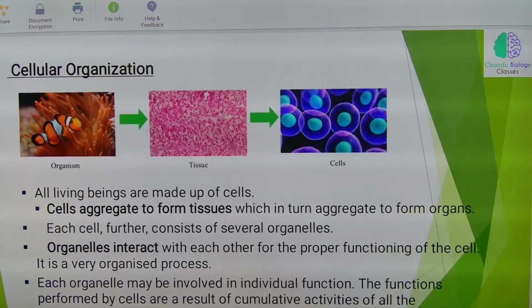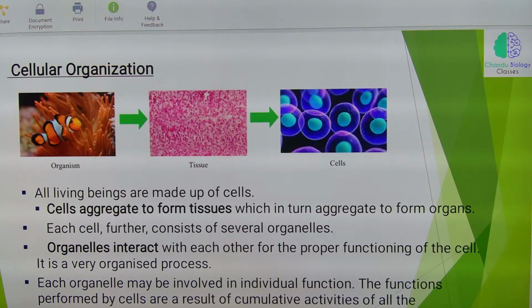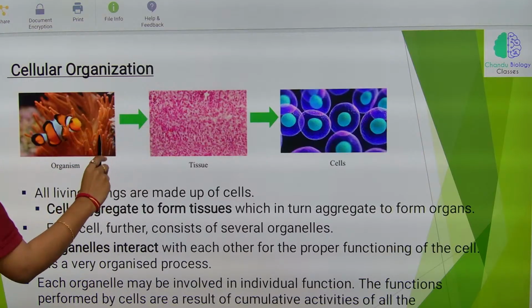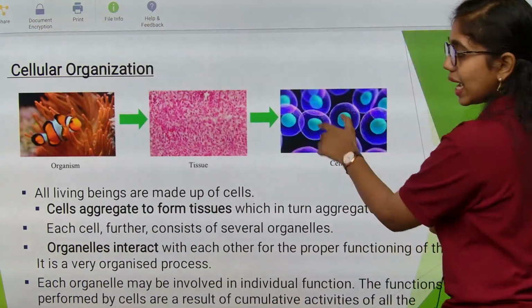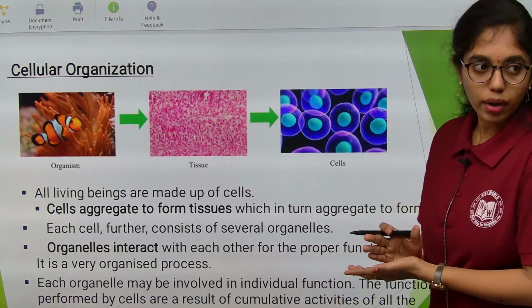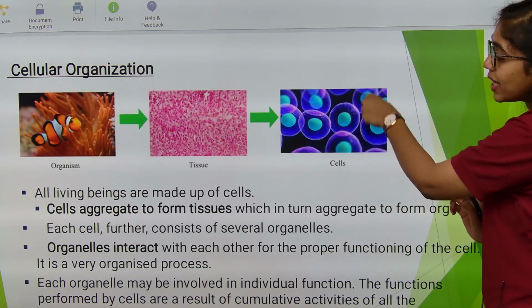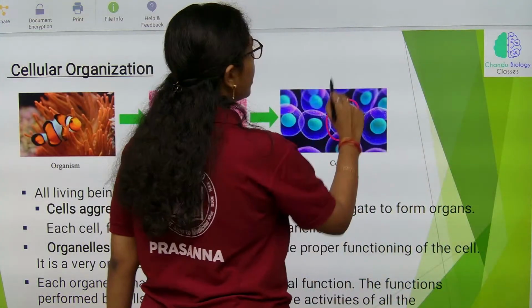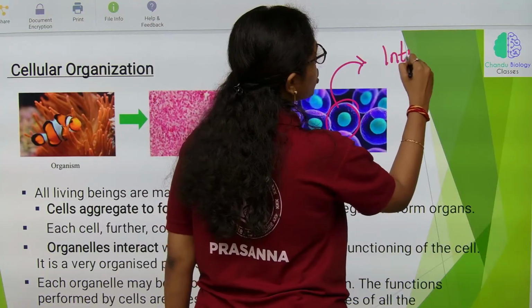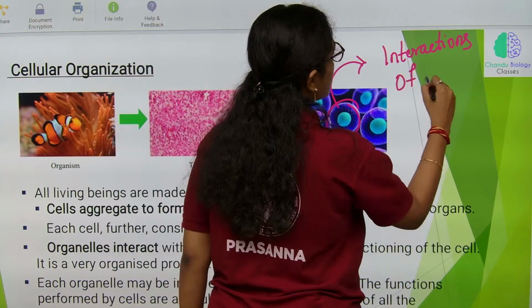Now, cellular organization. The properties of cells are not present in the cell organelles which are in the cells. So, we may get statements like, we know a cell is having what? Cell organelles. So, the properties of a cell are not defined by the cell organelles which are in the cell. The property of a cell is defined by the interactions of cell organelles.